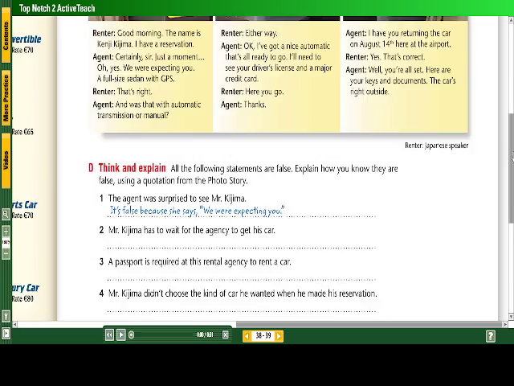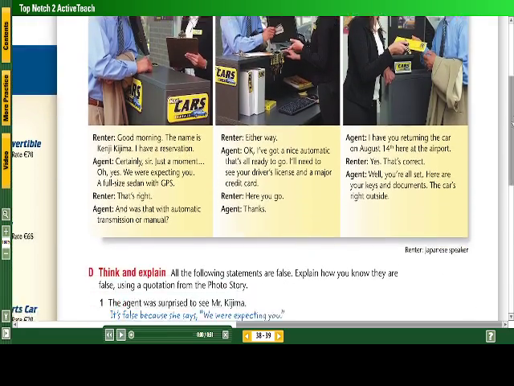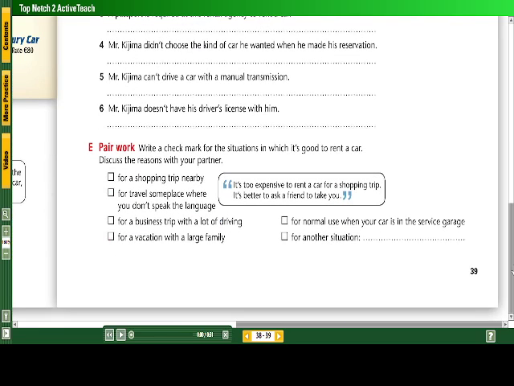So, apart from the vocabulary we might get from here, expressions, we also have some uses of the car. For example, if you're going to Germany, would you rent a car for a shopping trip nearby?